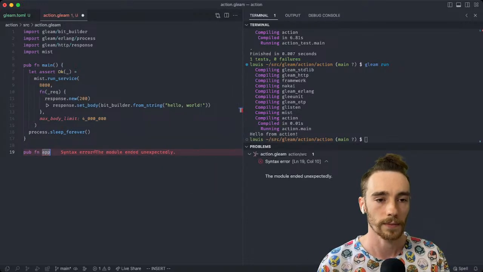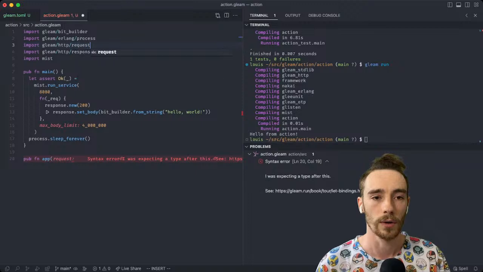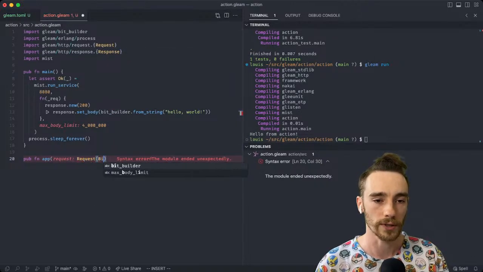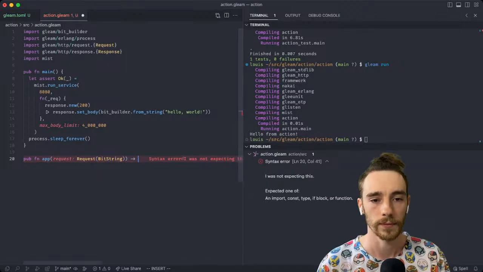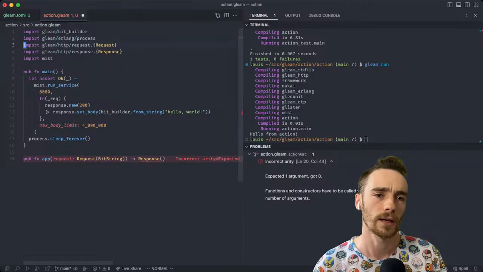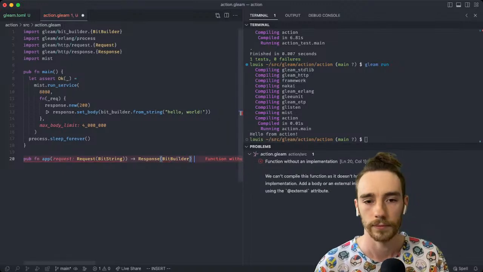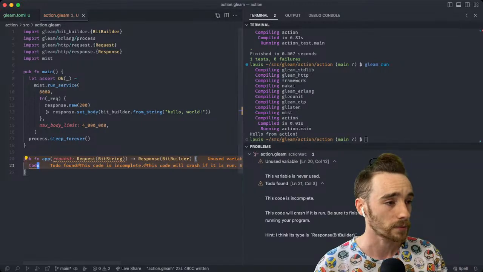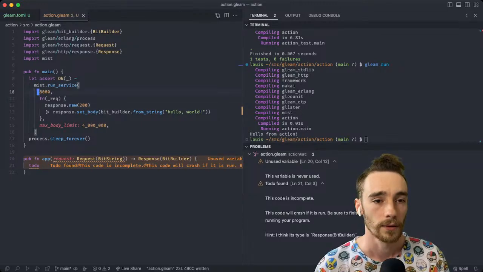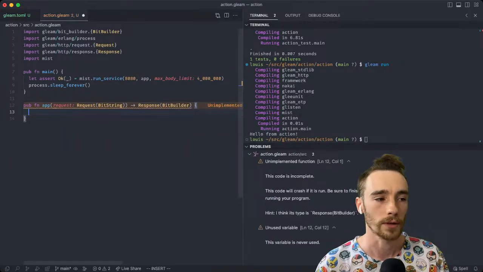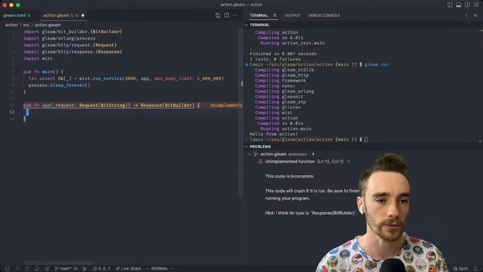Let's make the web app. Okay, so it takes a request, and the body is going to be a bit string. And it returns a response where the body is a bit builder, I think. We could just do nothing for now. So that is this bit. And let's just silence that warning about the request because we're not using it, and we just return